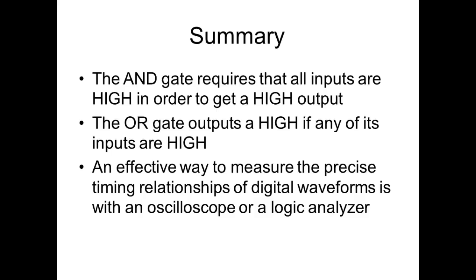dual trace oscilloscope, which means you can only look at two at the same time. If you're going to look at more than two, it starts getting really complicated for the scope. And there's no way in the world you're ever going to see it unless it's a static situation. If you've got pulsing inputs,